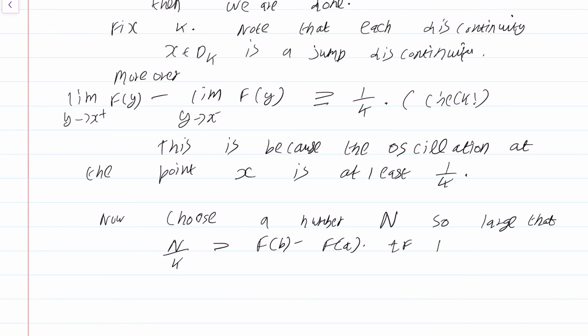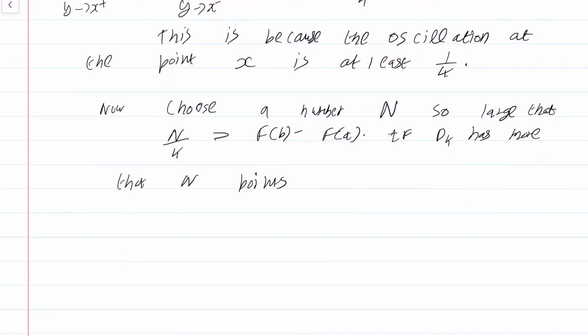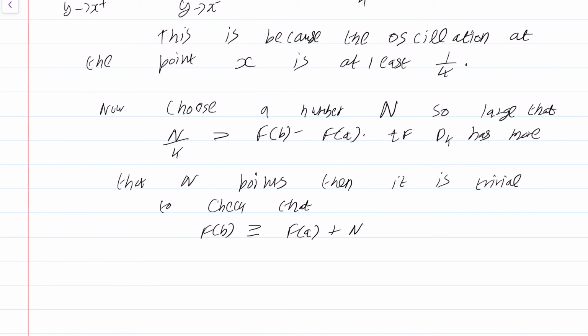If D_k has more than N points, that means there are at least N places where the jump is at least 1 by k, then it is trivial to check that f of b is going to be strictly greater than f of a plus